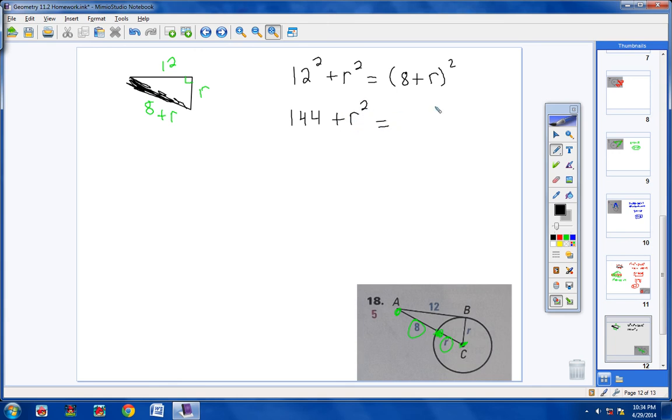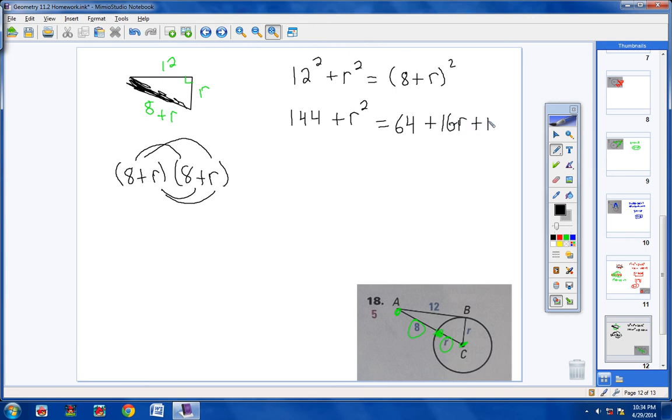And now, over here on your own, you can pause the video, students, and go ahead and write 8 plus r times 8 plus r, and go ahead and try that on your own. Okay, then turn the video back on if you want to. But if you take this 8 and multiply it through the other parentheses, then take this r and multiply it through, you should get this right here. You should get 64 plus 16r